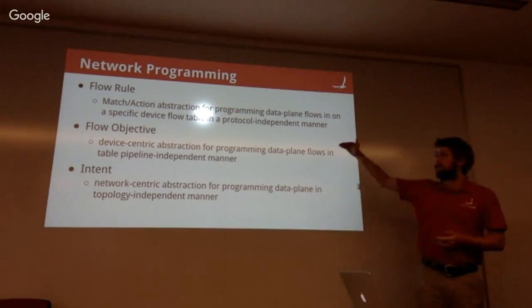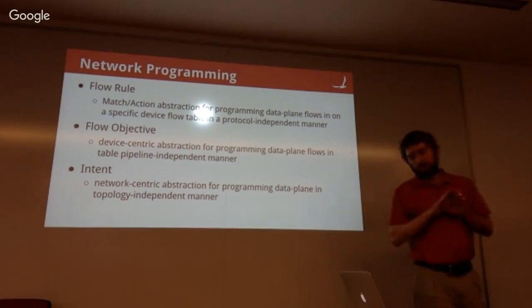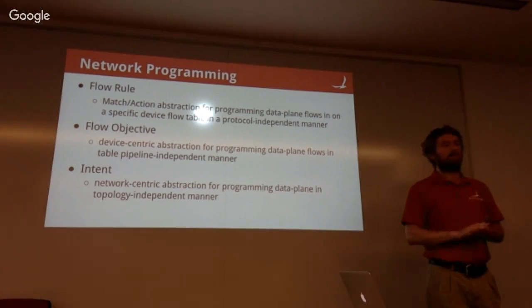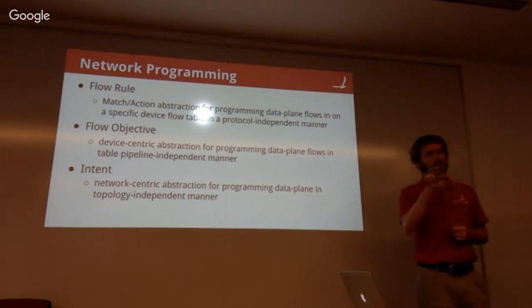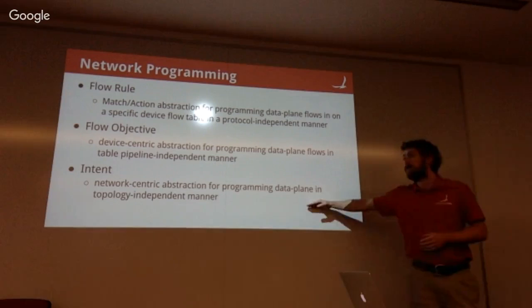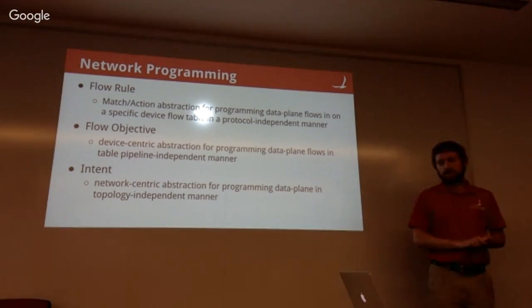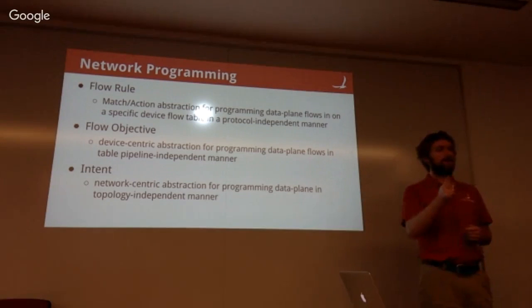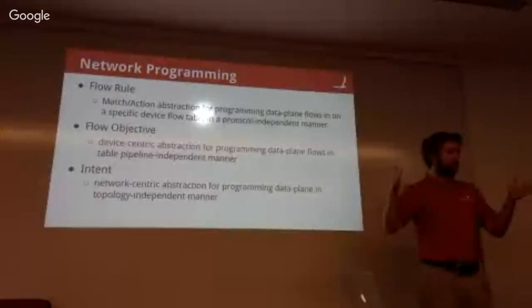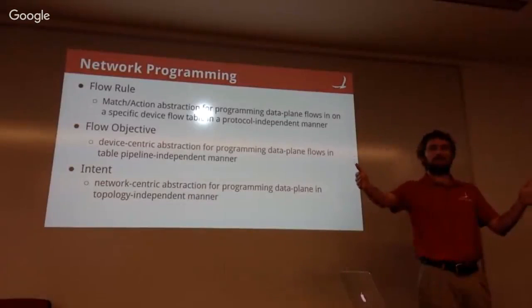So what the flow objective abstraction provides, just to summarize, is pipeline independence. You can program a flow or a set of flows against a device rather than having to think about the individual nuances of the pipeline in those devices. And then a third level of abstraction we provide is topology independence. So the ability to not necessarily have to think about it if I need to provide service from one side of my network to another side, a virtual port or a physical port to another port,